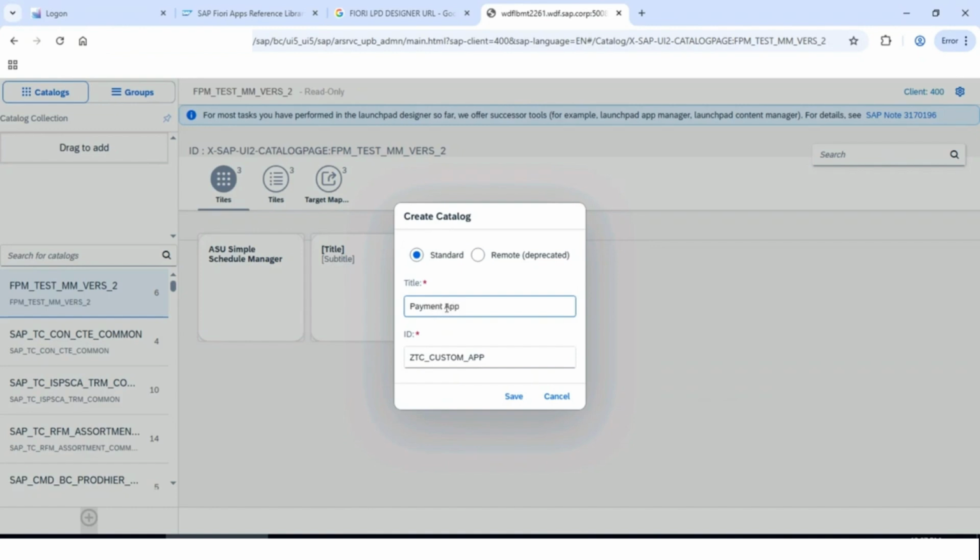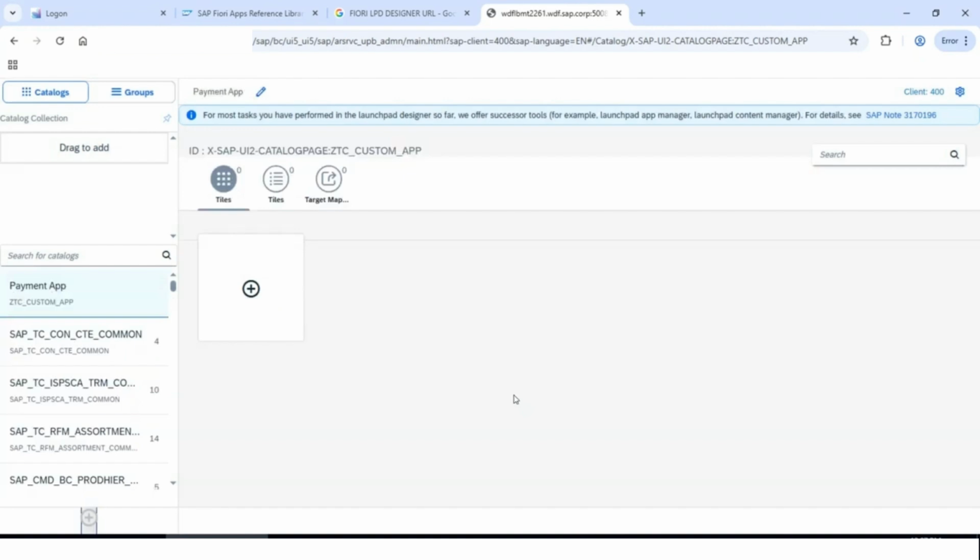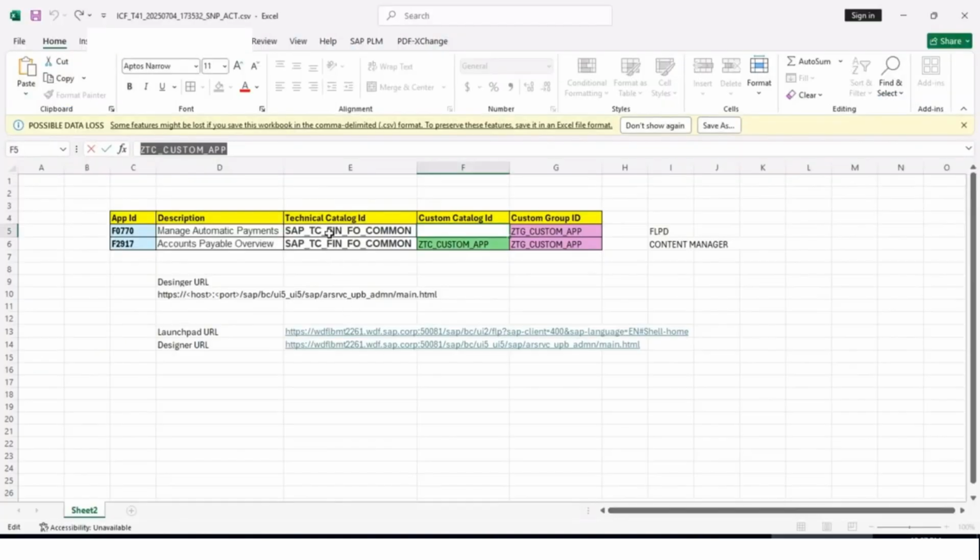Payment tab. This is a catalog name, and this is the custom catalog ID. Click on save. Okay. Now over here we have to assign the catalog. But SAP has already given us a standard technical catalog. Just copy this catalog,